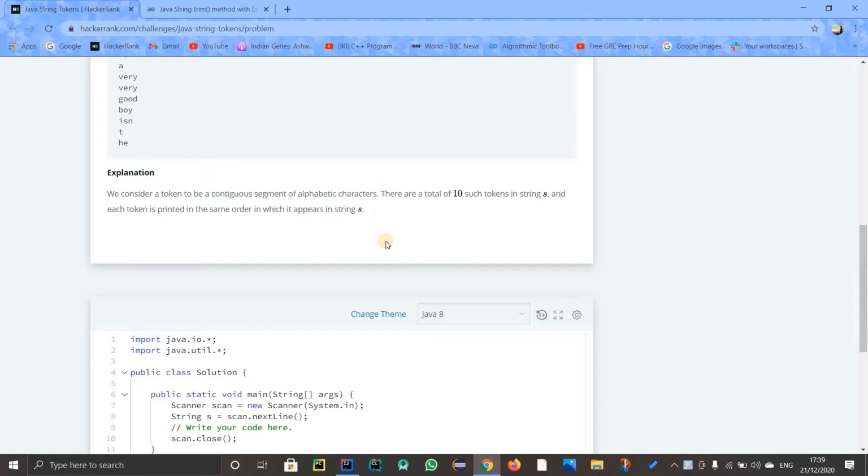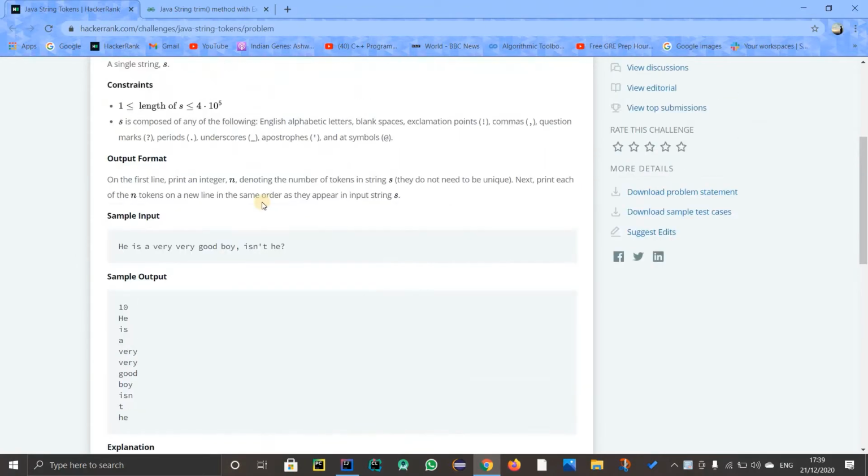So they have told us that we have to split the string. If you are familiar with Python, whenever we wanted to take input in a single line, we used to write input dot split and split by spaces and get a list. Even if you're not familiar, I'll try to explain. Whenever you use the split method, you write a regex inside the split method as the parameter, and you can write the regex to be a space, apostrophe, or whatever you want. So obviously you know about regex.